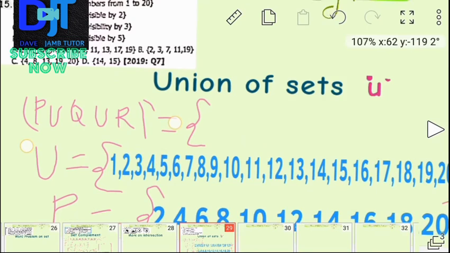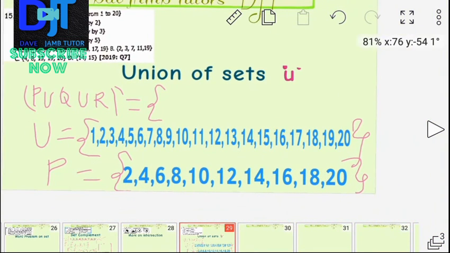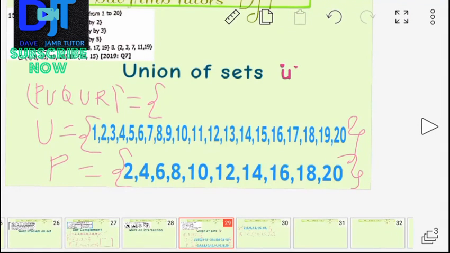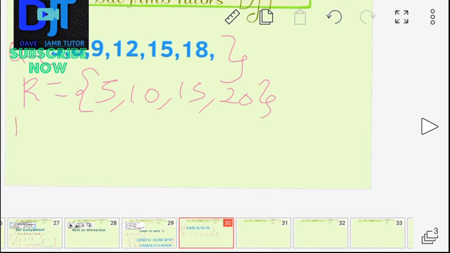So they now said our Q are numbers divisible by 3. So numbers divisible by 3 in this. So let me not waste much of your time because I don't want to waste much time here. Okay, so now that we have all that, we can now get our P union Q union R. Let's write that out. P union Q union R